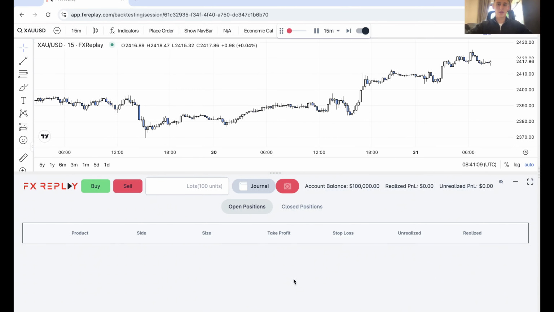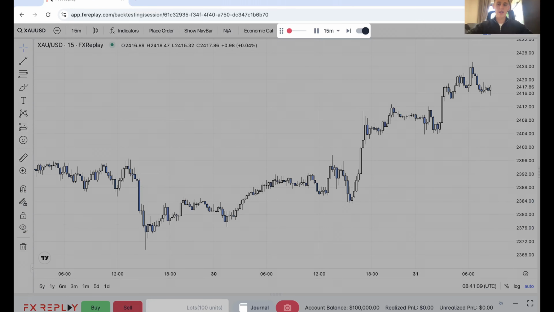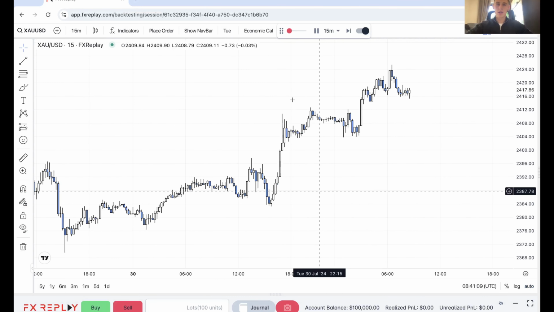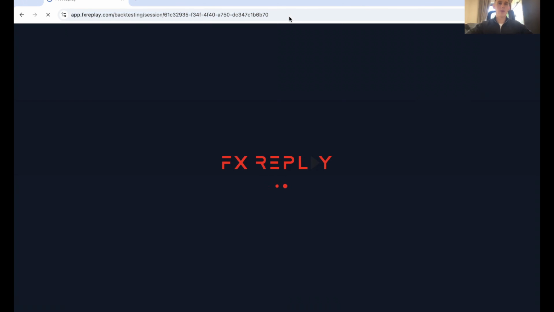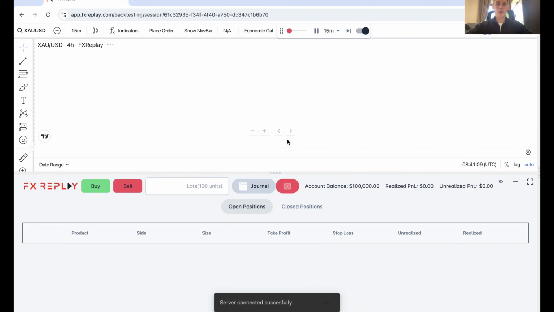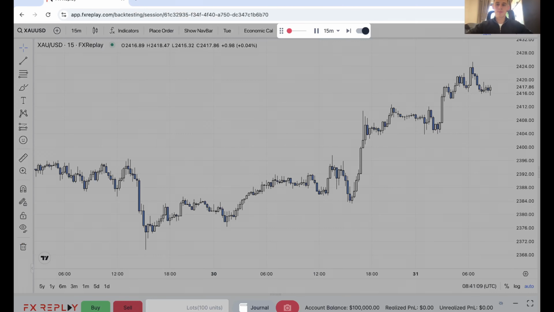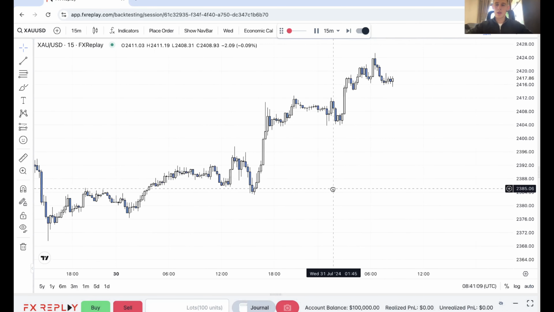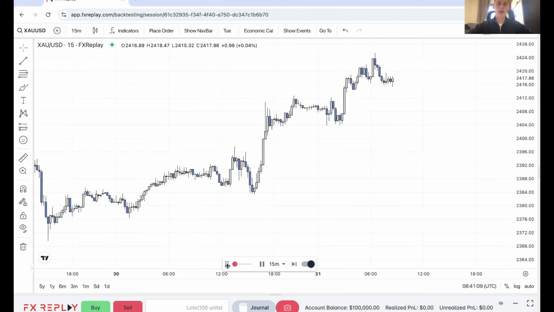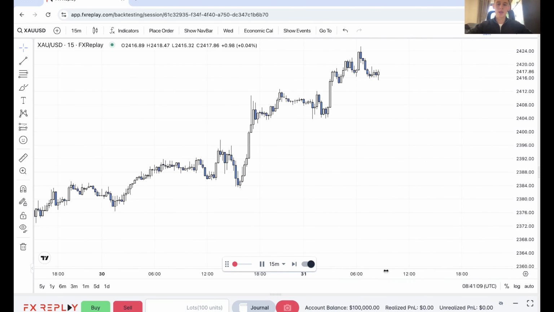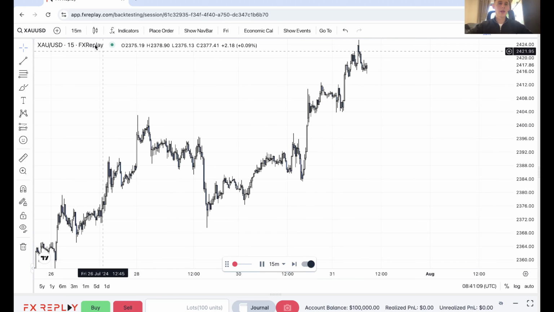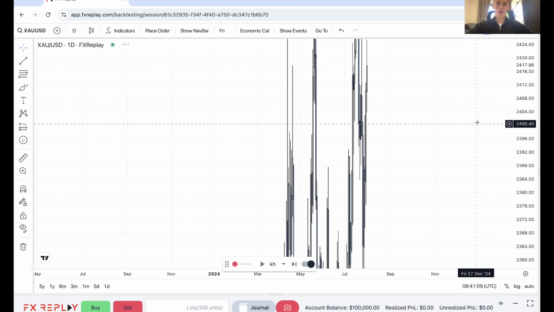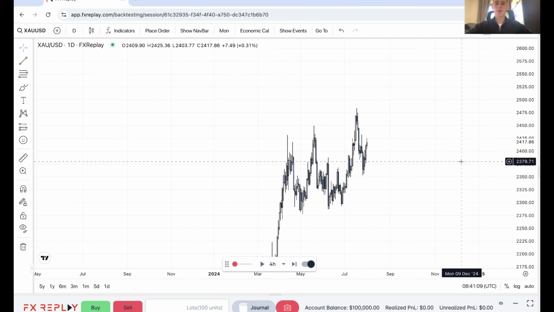and drag this down to get the full screen. And it's glitching out a little bit, so I'm going to refresh the page. There we go. When you start the session as well, you want to click auto off so you can basically maneuver the screen more easily. But let's start off on the daily time frame, as I always do